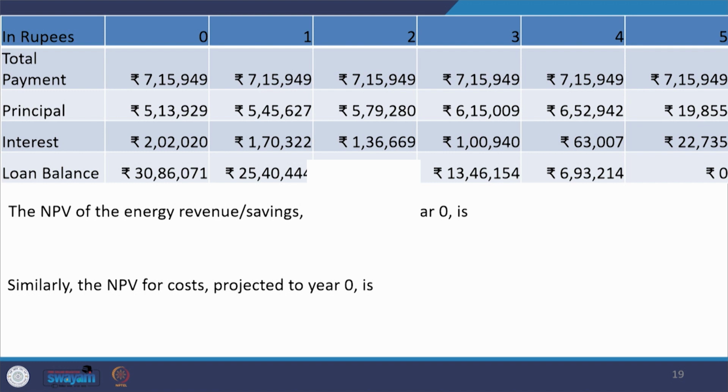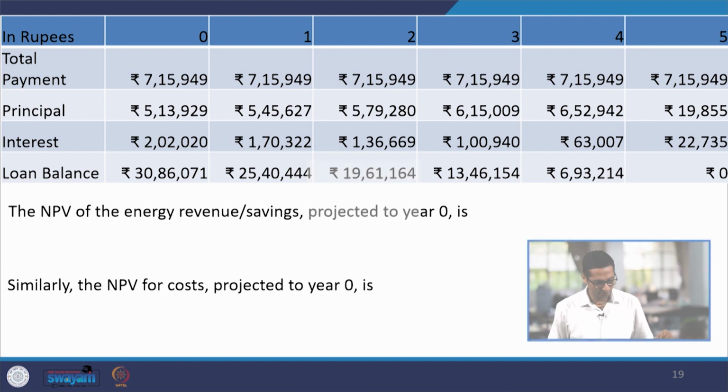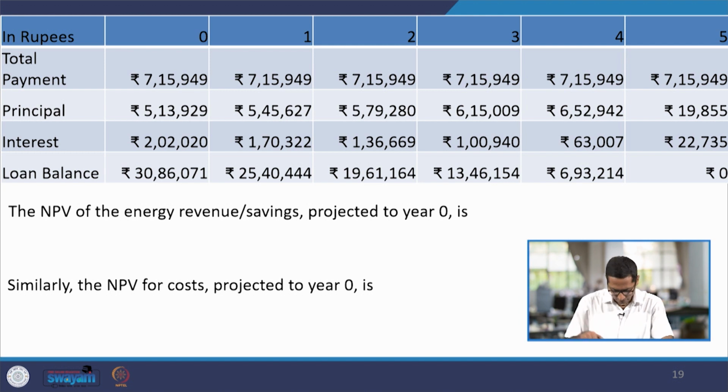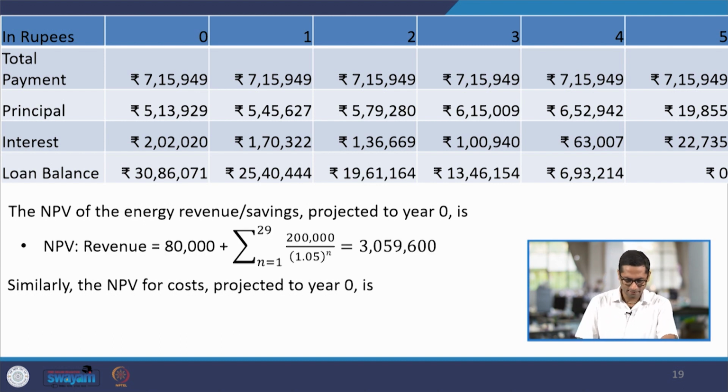So, these are the values that would be coming from the calculator that you see in the top. Further, we also need to take in the net present value of the different revenue saving that is going to happen, and let us project that to the year 0. So, what we have assumed is that in the first year we would have a saving of around 80,000, and for the next 29 years a saving of around 2 lakhs per year. Taking that into account, I can write it simply like the NPV would be 80,000, that happens in the year 0,